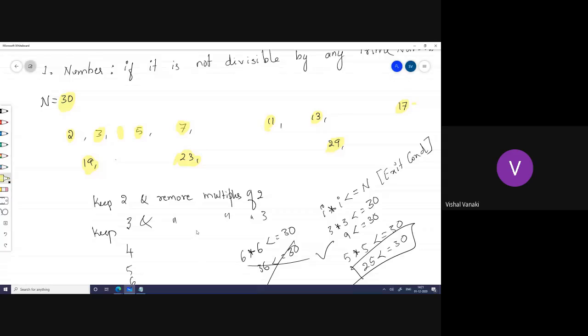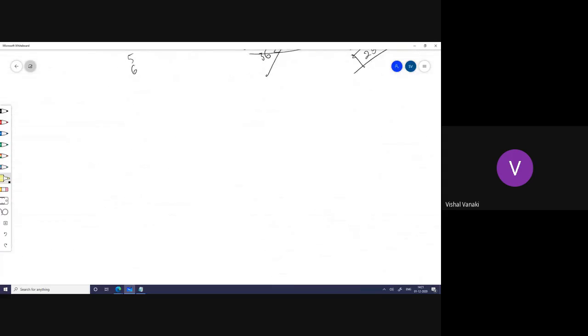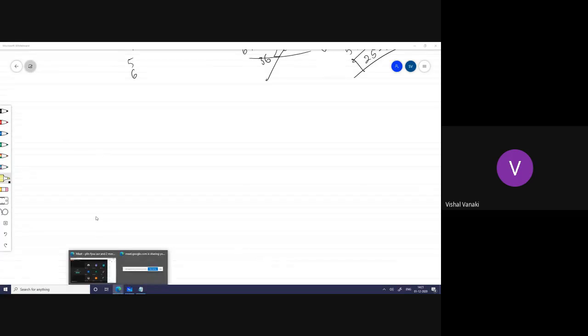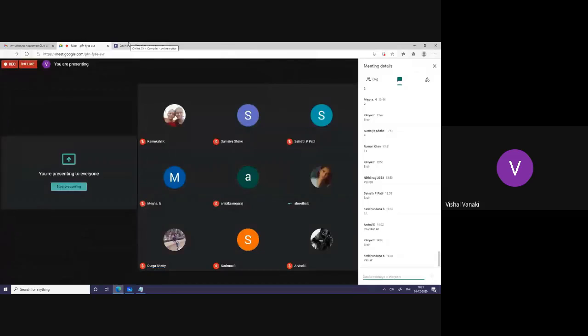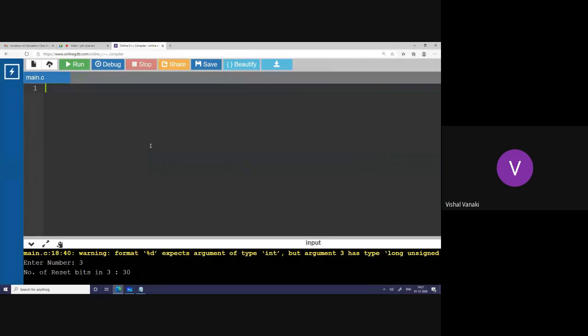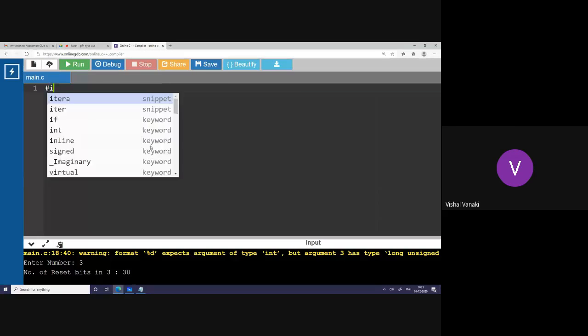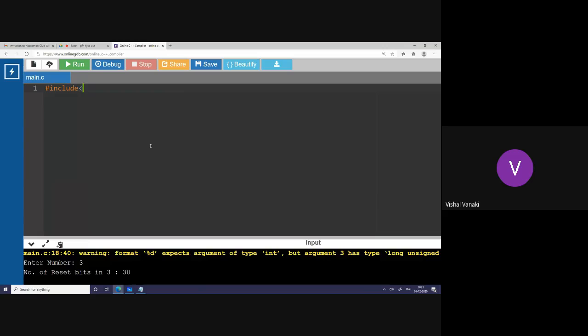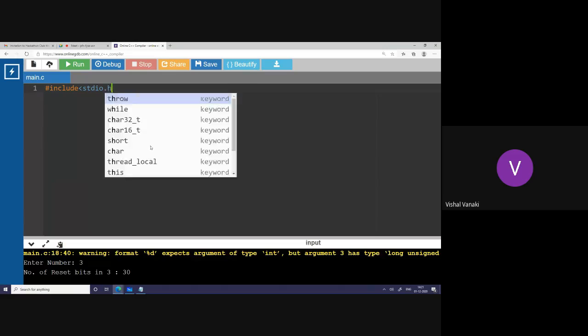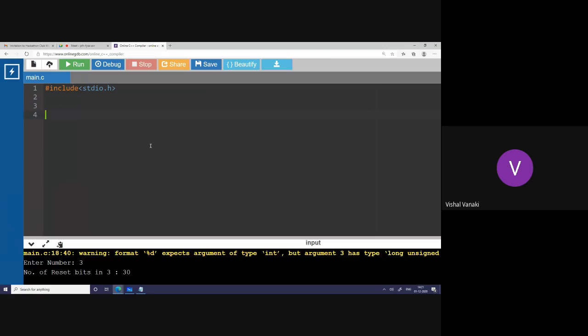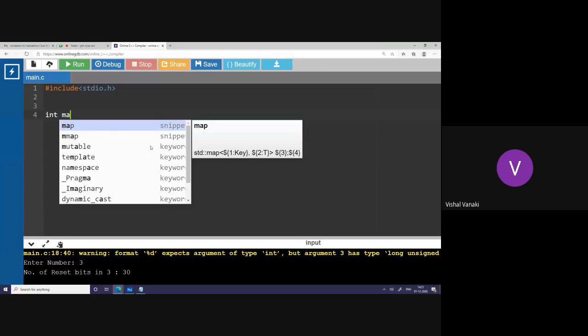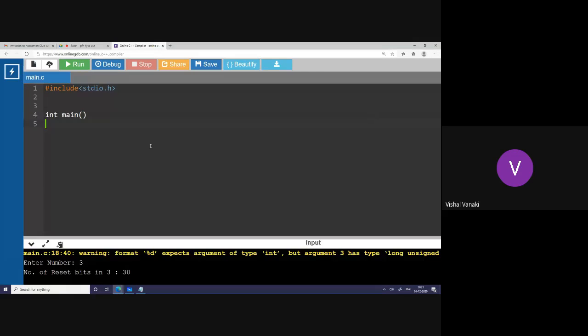So here I will write a small program. I will go to the compiler and clear the previous program. I'll start with #include <stdio.h>. Now the first thing is I will write a main function. Inside this I want